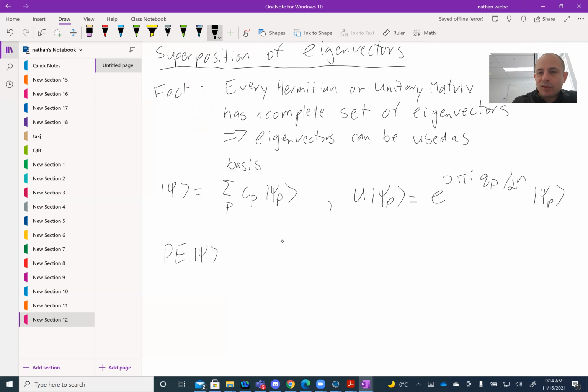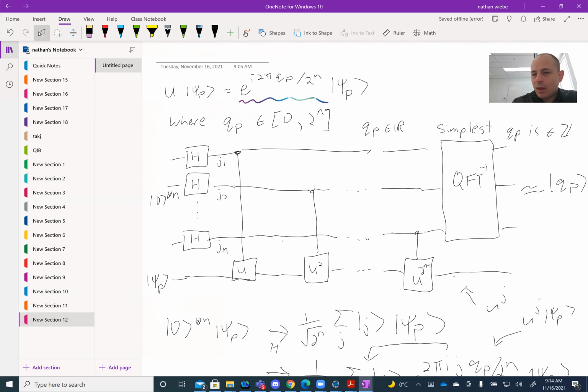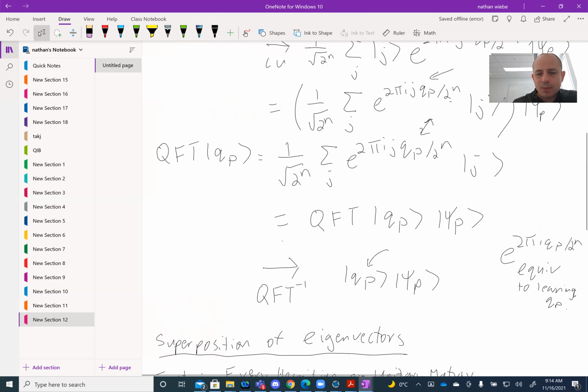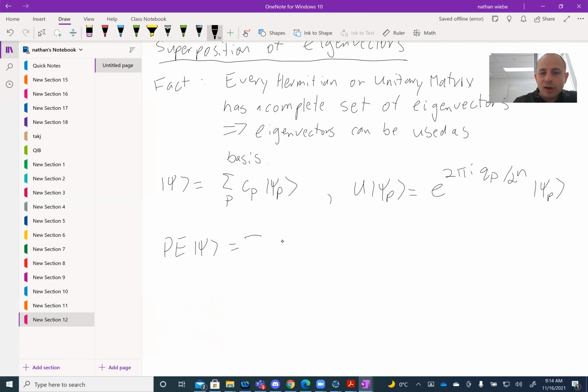Well, phase estimation is just the circuit over here. It doesn't even necessarily require measurement. So this is unitary, and therefore it is a linear transformation. And because it's a linear transformation, we can write it as follows: a sum over p, c sub p, PE,